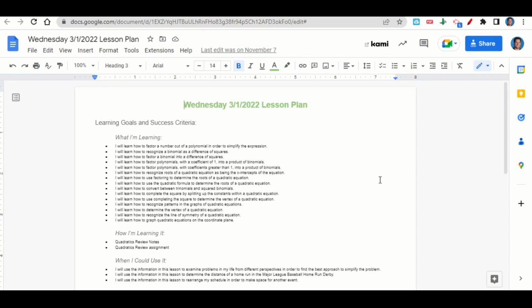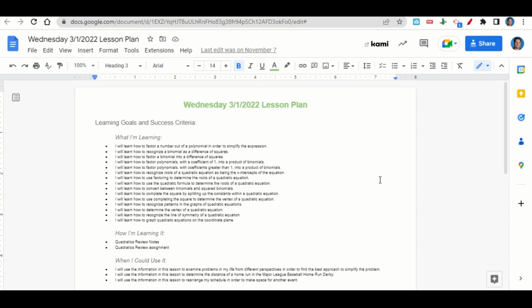to use factoring to determine the roots of a quadratic equation, to use the quadratic formula to determine the roots of a quadratic equation, to convert between trinomials and squared binomials, to complete the square by splitting up the constants within a quadratic equation, to use completing the square to determine the vertex of a quadratic equation, to recognize patterns in